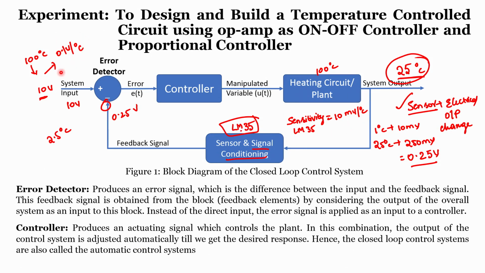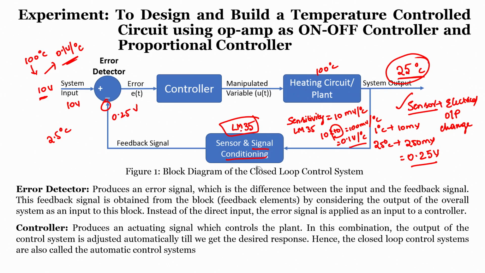So, if I multiply this 10 millivolt with a factor of 10, 10 into 10, it is 100 millivolt per degree centigrade, which is 0.1 volt per degree centigrade, which is matching with this particular value. So, in order to provide this particular factor of 10, we require to use a signal conditioning circuit. In this module we will see how to implement the signal conditioning circuit for LM35, the design parameters, why we are using it, everything.